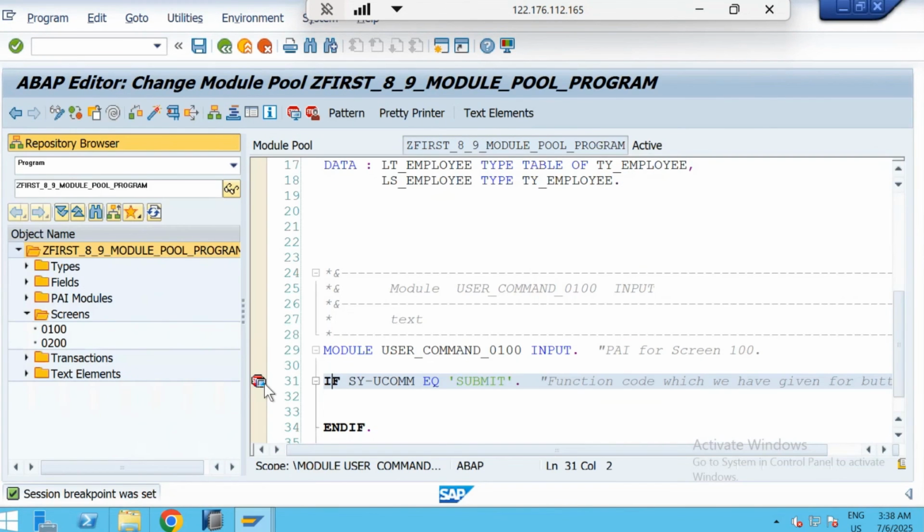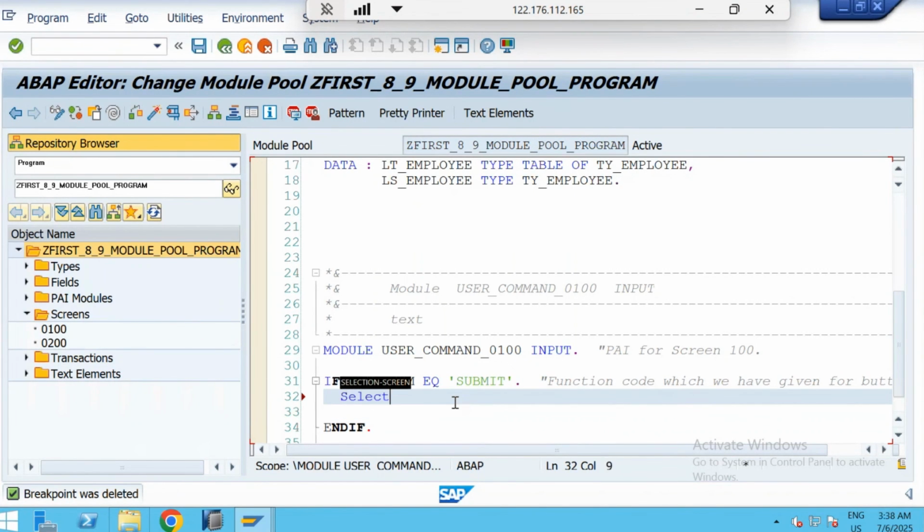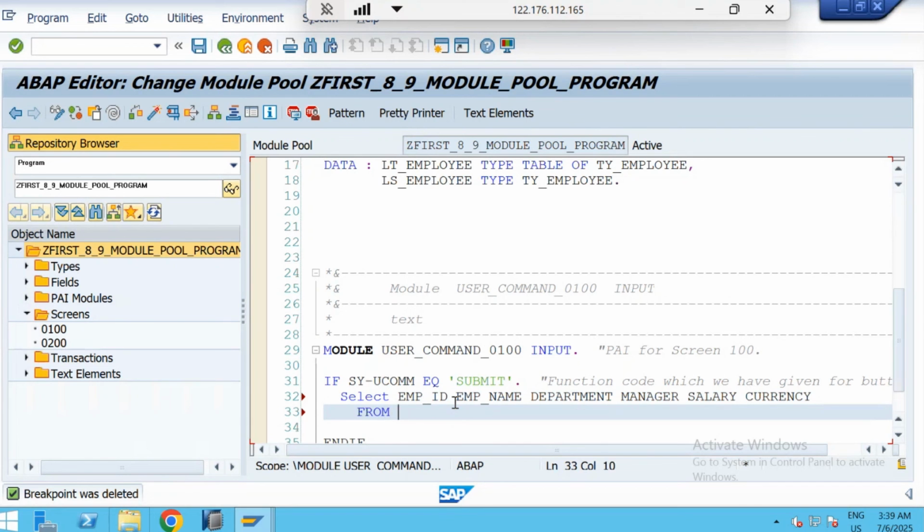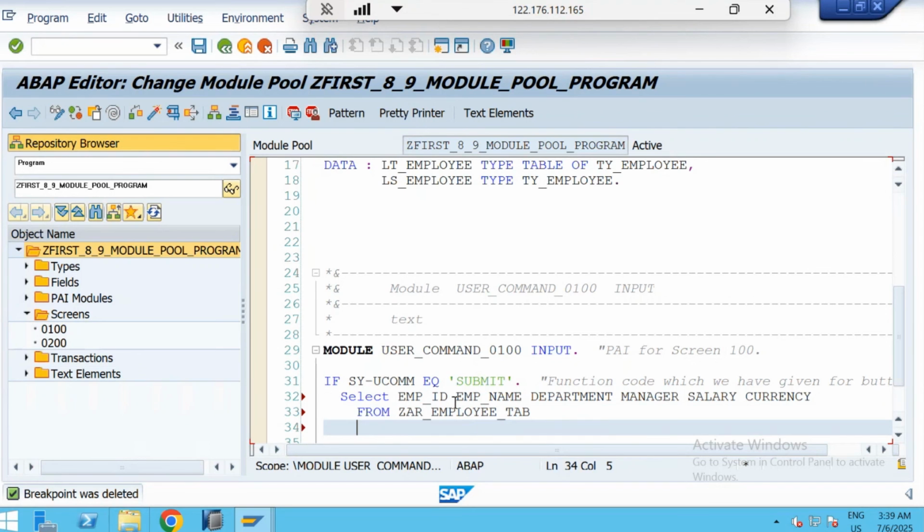I will go to my program, and here I can simply write the logic: select employee ID, employee name, department, manager, salary, currency from my table, the employee table, into table LT employee,